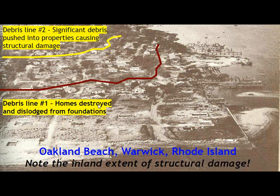So when we talk about surge, this was Oakland Beach in Warwick back in the 50s. You have two debris lines in that case. Homes were destroyed and dislodged from the surge itself. And then you had another line of debris, which was initiated here, which was from properties being pushed into the properties here. So it wasn't just pure surge like we had surge damage here, but actually debris that caused additional